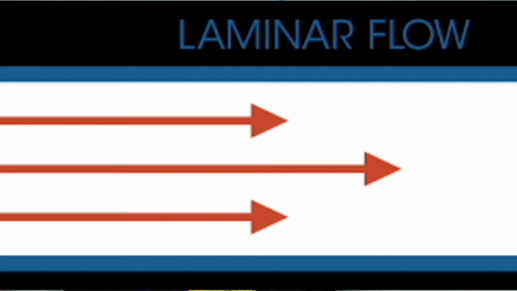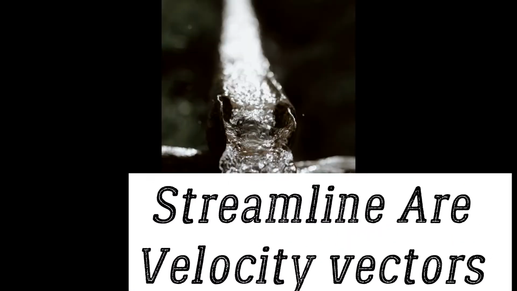Today I am going to tell you how Newton's second law of motion works inside fluid mechanics. Fluids have three types of motion: turbulent, laminar, and both. These lines are termed streamlines. Together they combine and create a velocity field. There are three directions in space: x, y, and z.